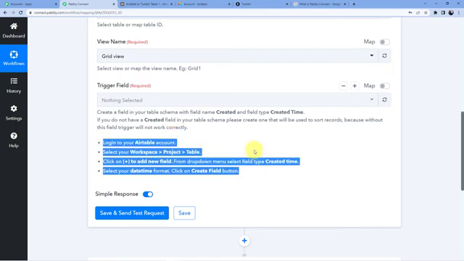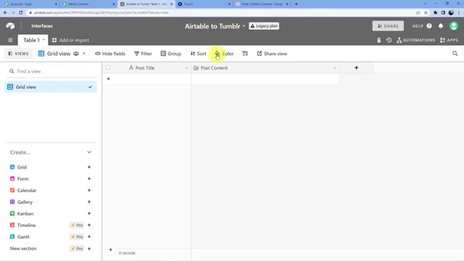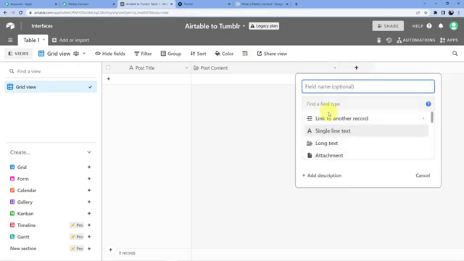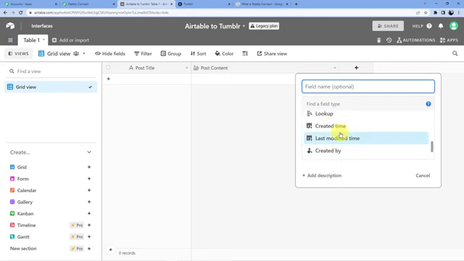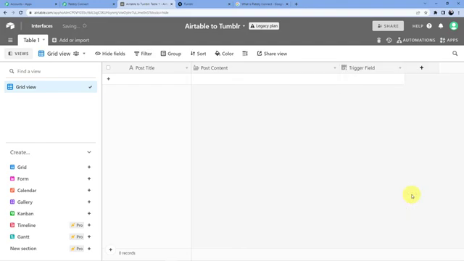I'm just going to do it for you directly. So here I'm going to go to my Airtable account, and here you can see I will go for this, and here I have to search for created time. So let me see, this is created time, and here you can name your field. So I can just name it trigger field. Okay, click on create field,